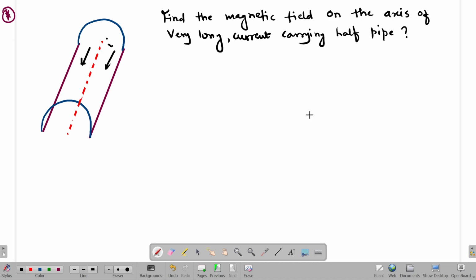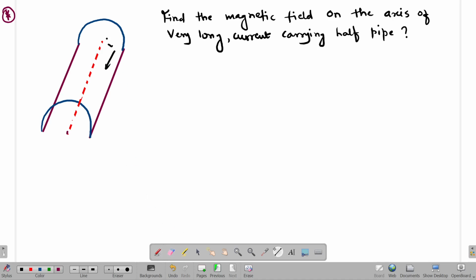See, as I'm considering that it is a very long wire, the first task is, you should understand that current is spread on this whole wire, isn't it? Like this way, totally spread here and there, everywhere, isn't it? But I want to find the magnetic field at the axis, means at the center. So I have to consider for that. I'll be required to consider